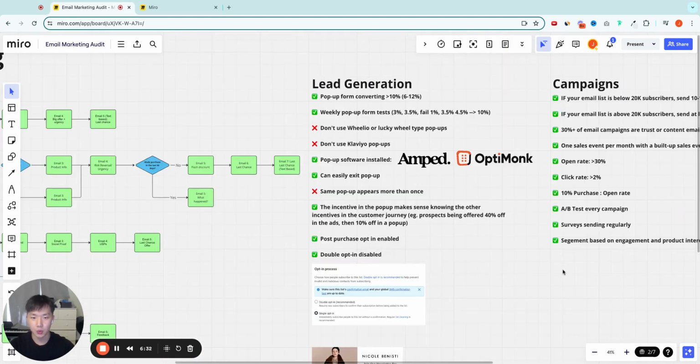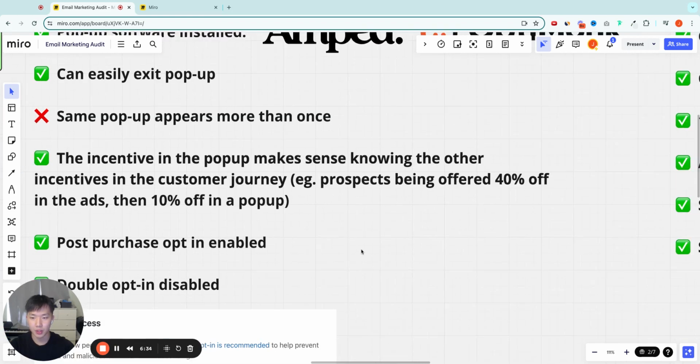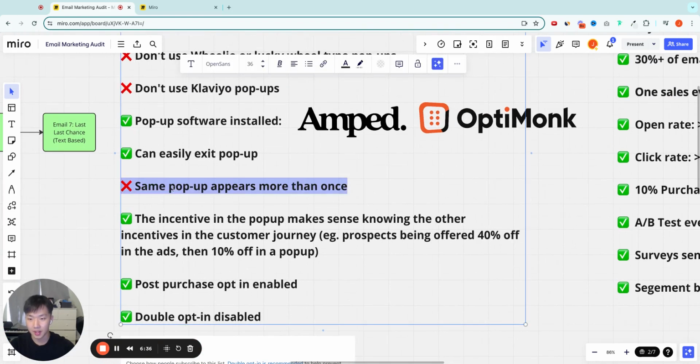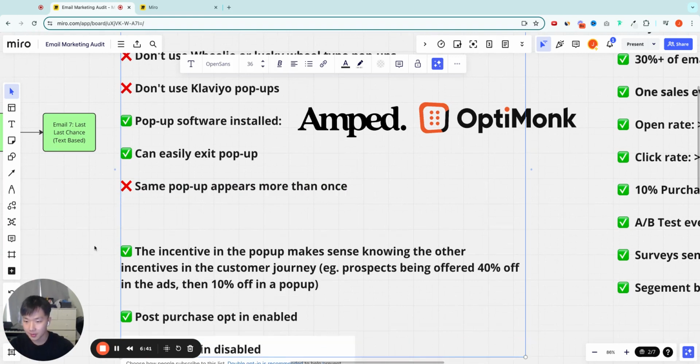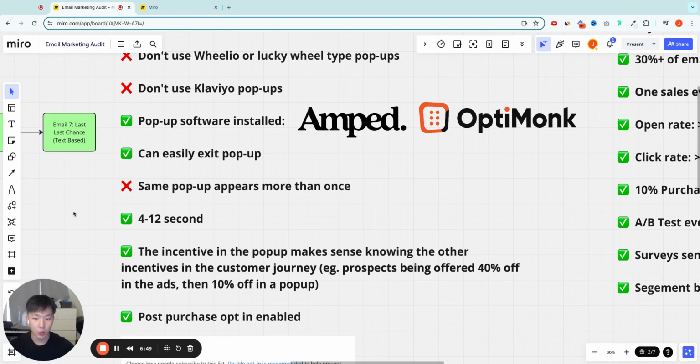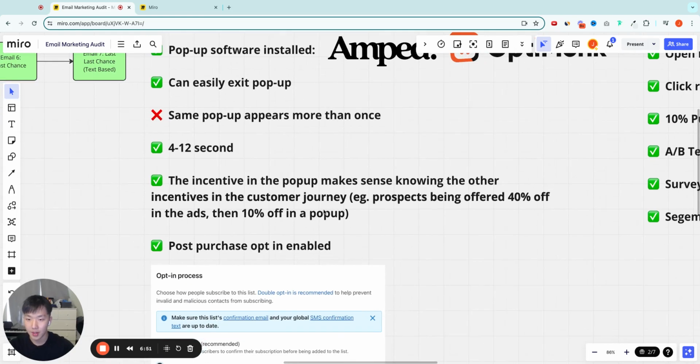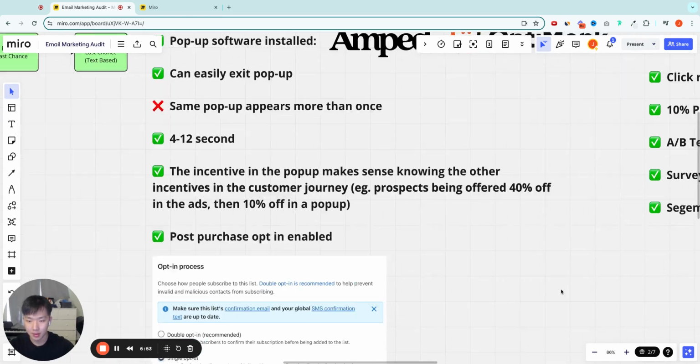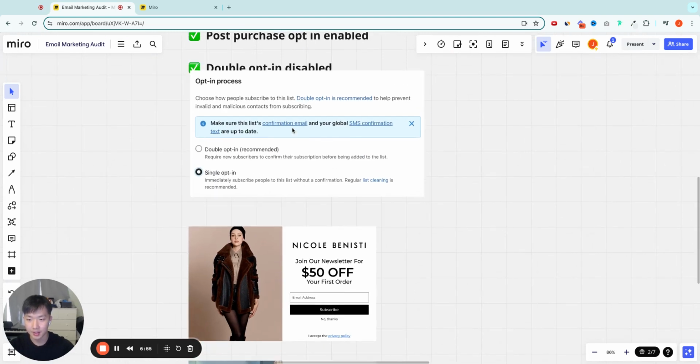That's pretty much it. A few things you want to keep in mind is you don't want the same pop-up form to pop up more than once. Another thing you want to keep in mind is you want the pop-up to have a 4 to 12 second delay when they land on your website, because you don't want your pop-up to be annoying. Another thing is, and this is actually a setting in Klaviyo,